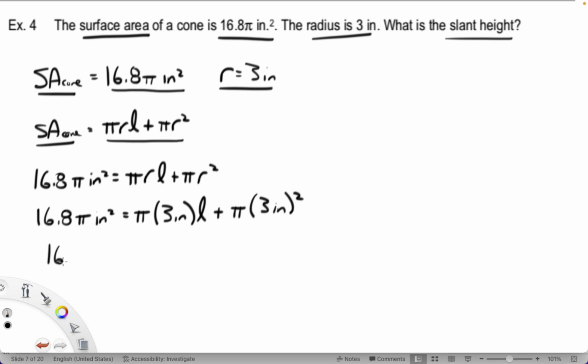So that's 16.8 pi square inches is going to equal 3 pi L inches plus 3 times 3 would be 9 pi, an inch times an inch would be a square inch. So now if I subtract 9 pi square inches from both sides,